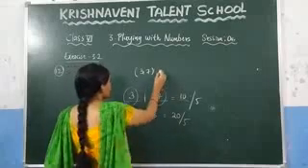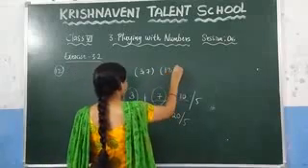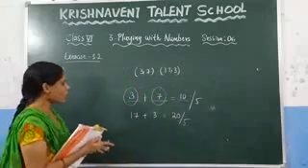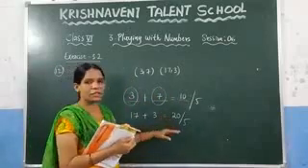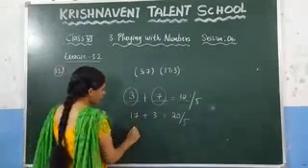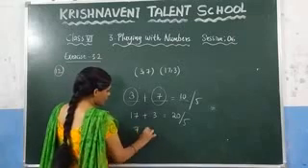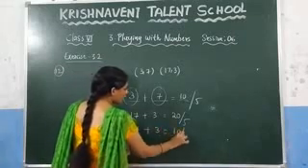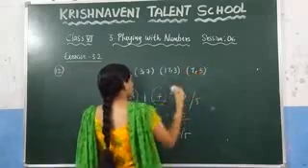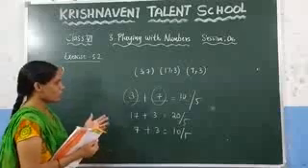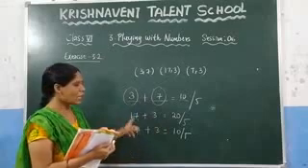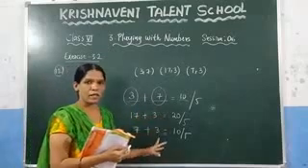So, what is the next pair? Which is 17 and 3. Similarly, you need to write one more pair such that if you add those two prime numbers, the result should be divisible by 5. What are those numbers? You can write in the reverse way, or you can write 7 plus 3. You know that it is 10 and it is divisible by 5. So what is the next one? 7 and 3. So you can write on your own based on the condition. What is the condition? These two numbers should be prime numbers and the result should be divisible by 5.